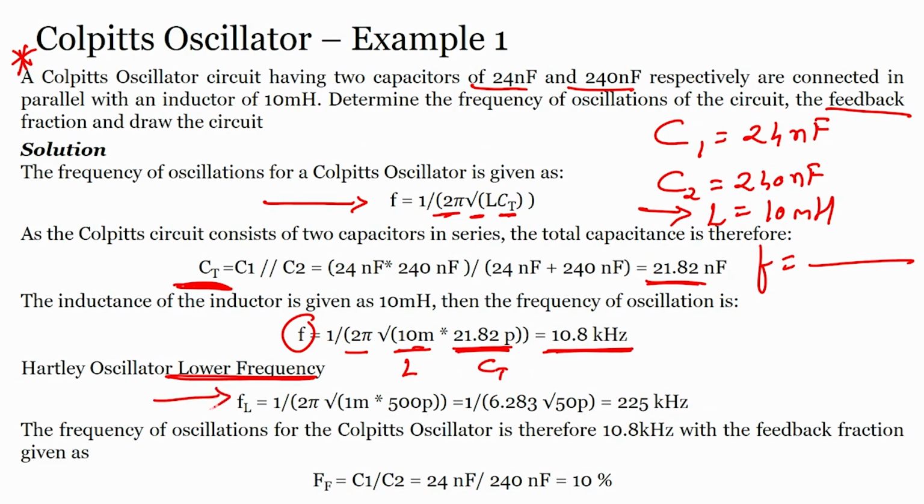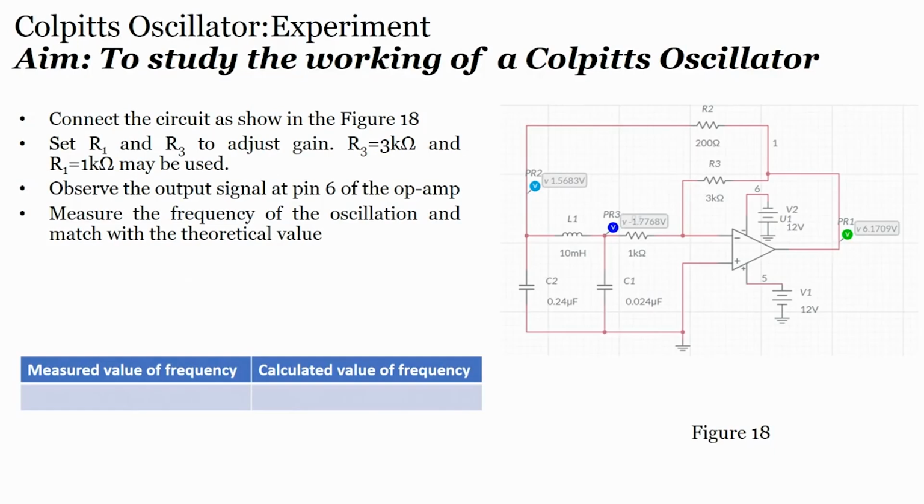So, the frequency of oscillation for the Colpitts oscillator is 10.8 kilohertz, and the feedback fraction is C1 by C2, which is about 10%. Alright. So, if I want to actually design the Colpitts oscillator,